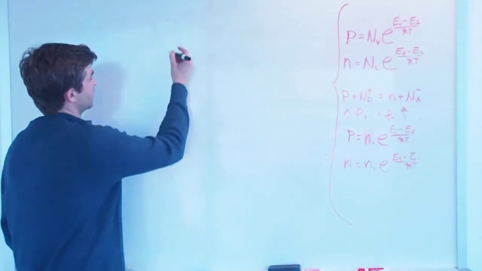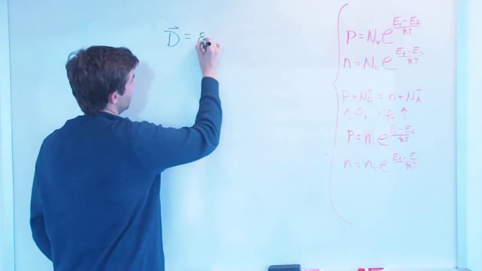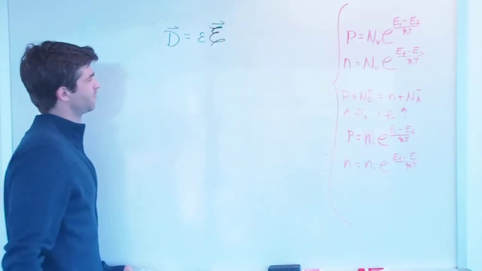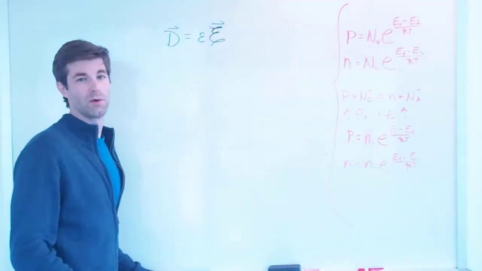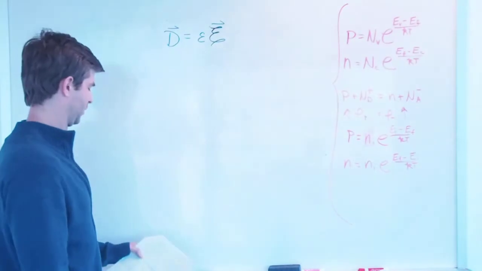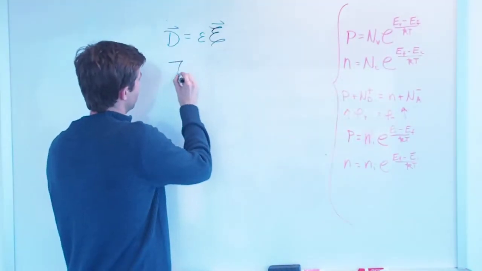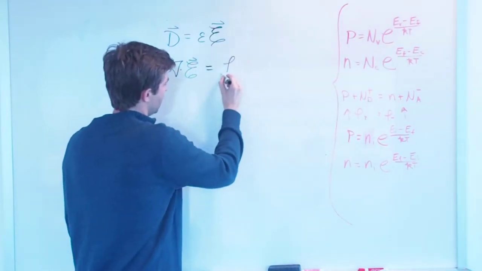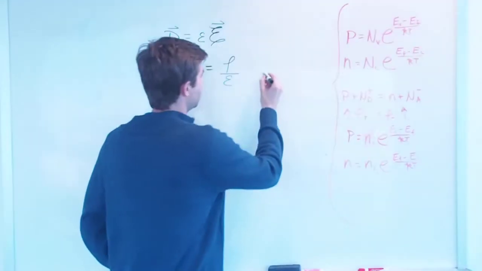So we start with the fact that the electric flux density D is equal to epsilon, which is your permittivity of a material. It's material specific, times your electric field. And these are vectors, of course, and they can have an x, y, and z component, or an i, j, k component, if you like. And then we start with the differential form of Gauss's law, which is del dot D, is equal to rho over epsilon, where rho, again, is our charge density, and we know that to be,